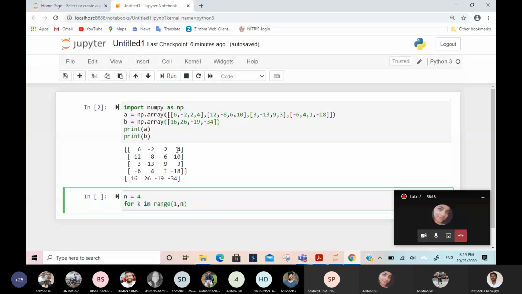0th column it will change, first column it will change, even the second column it will change. It will not change the last column. So what should we write? For k in range n minus 1.